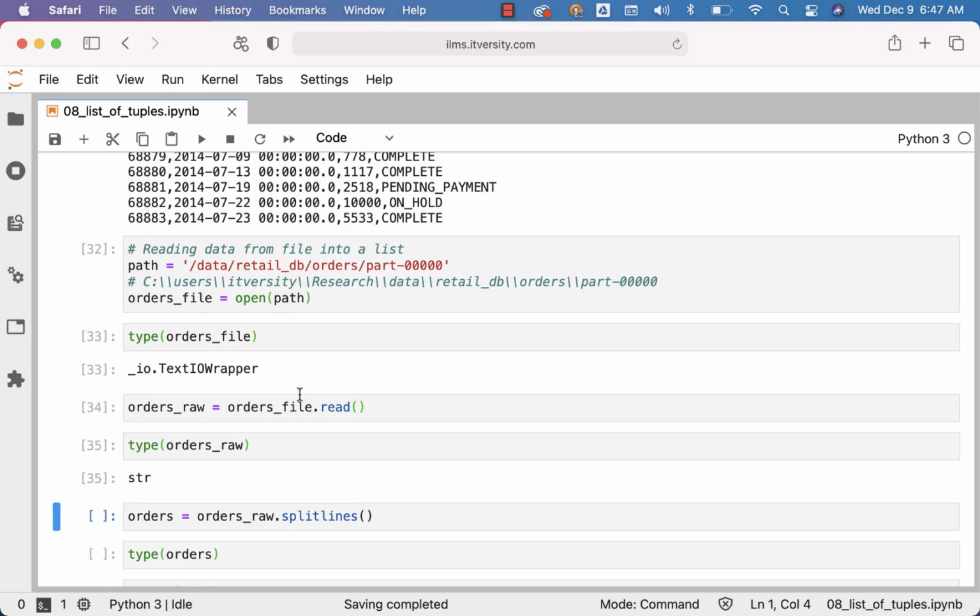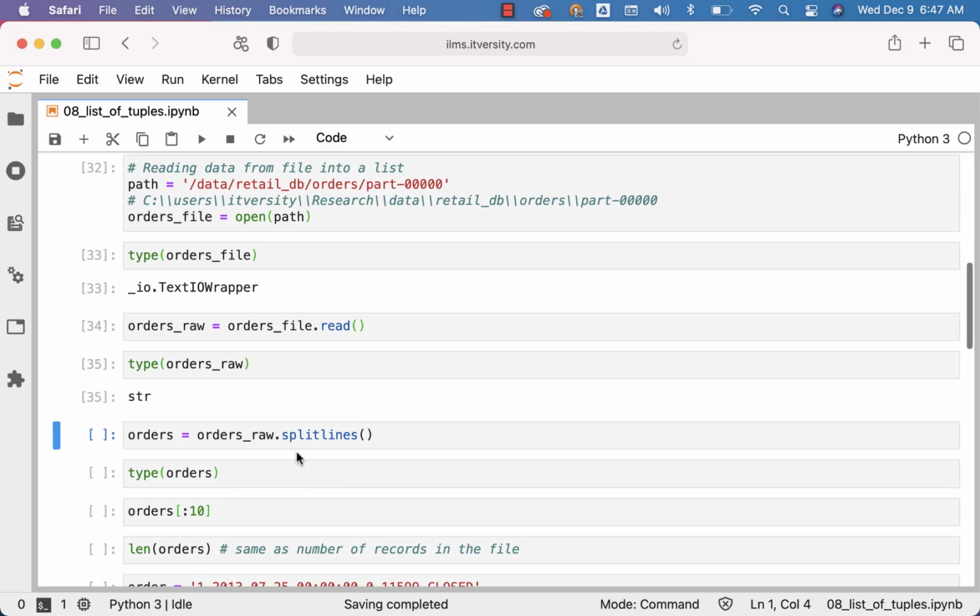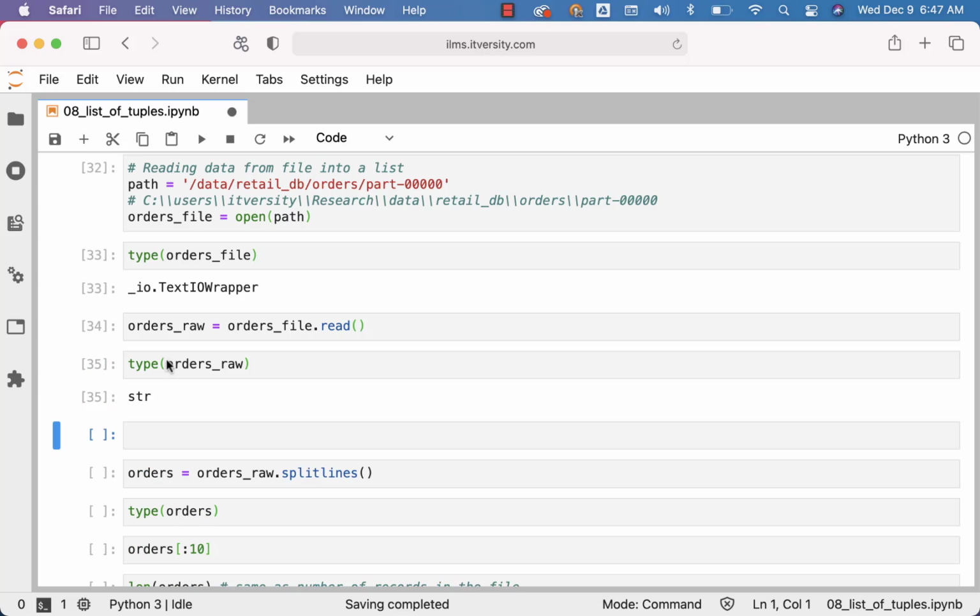For now, just to focus on list of tuples, I am just using this simple function called read on the text.io wrapper object to actually read the contents of the file into memory in the form of a string. Now I can say orders_raw, which is of type string, dot splitlines. There is a function called splitlines on top of string. If you want to get the help, you just say str dot splitlines like this,